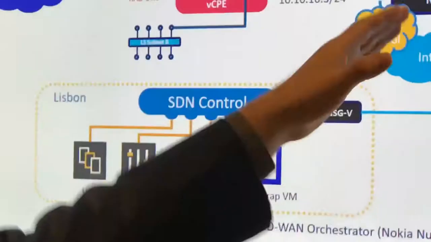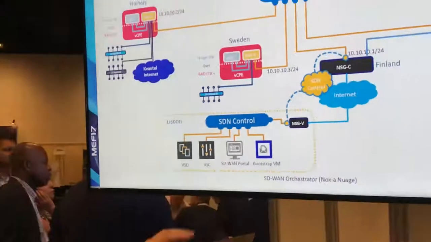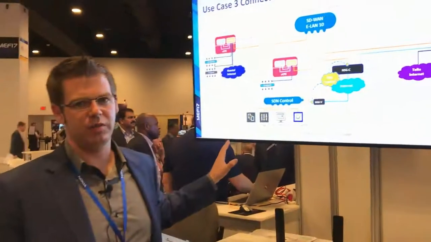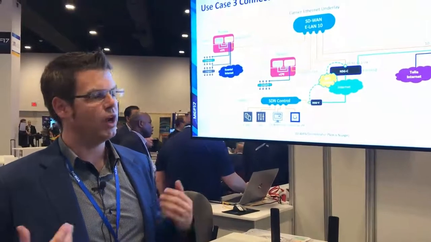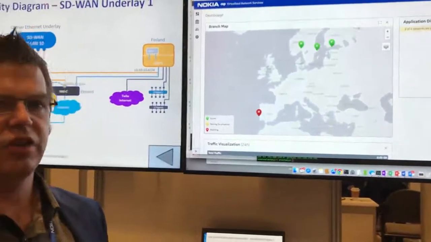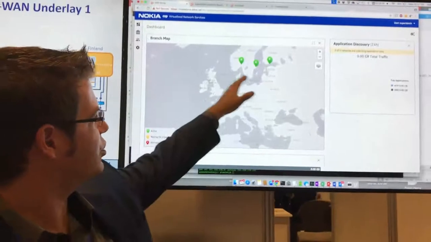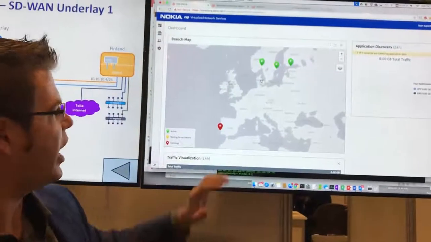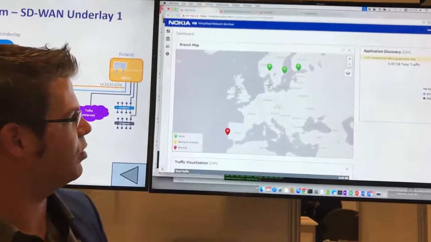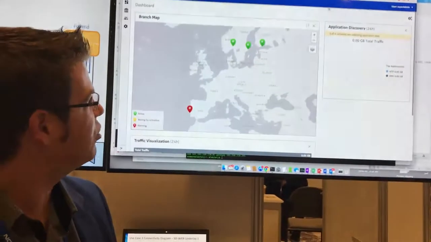Finally, all of this is managed by the infrastructure that we've deployed in another lab facility, actually itself using an SD-WAN service to backhaul the traffic to a Nokia facility in Portugal, where we have our management and control infrastructure as well as the user-facing front end, where the user can interact with their services. So actions that a user might take when they're managing an SD-WAN overlay, obviously we can see here the view of the CPEs that are up and in the green, and a site that's in an alarm down here in Portugal. They might want to drill into their application discovery